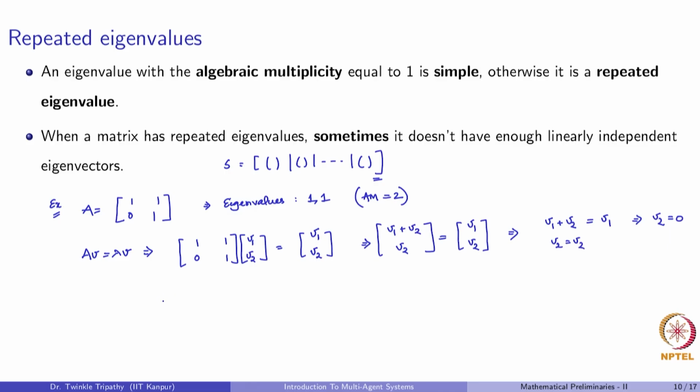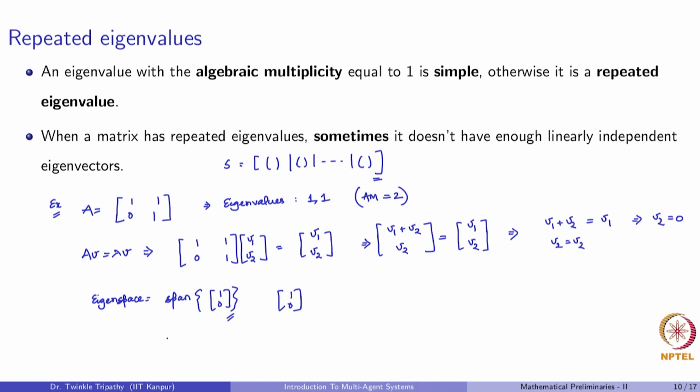So let's see what the eigenspace is here, meaning the set of all feasible eigenvectors is simply given by the span of this. So what do we see here? We see that we had two eigenvalues, both with value 1. But how many eigenvectors did we get here associated with it? Only one, which is equal to this. So we just pick one element from the span, let's say this. So we got only one eigenvector associated with it.